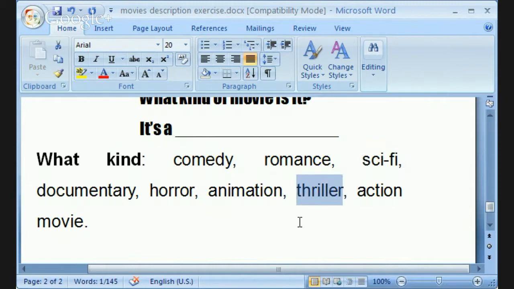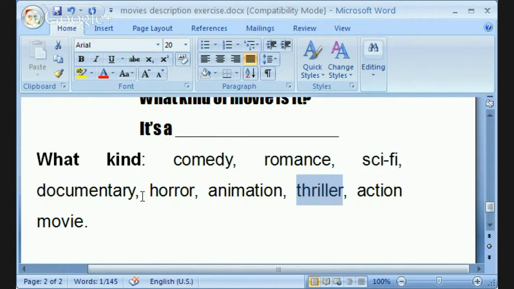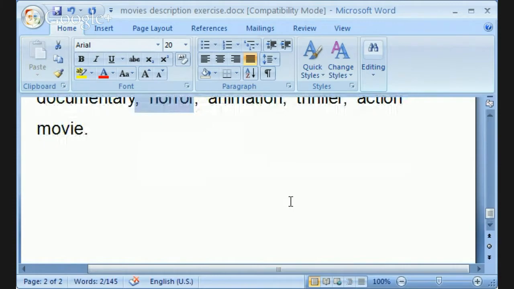The movie Alien. The movie Alien has a horrible alien that jumps out of people's stomachs and eats people and does all kinds of horrible things. So it's in the future. It's a science fiction horror thriller. It's a thriller because you don't know what's going to happen, and there's very exciting parts. So we can combine genres, and we often do when we're describing movies.